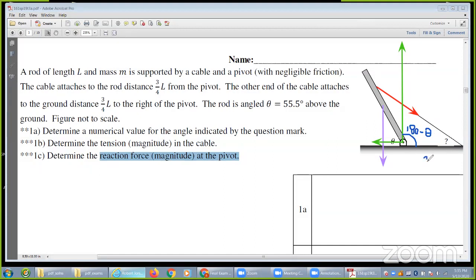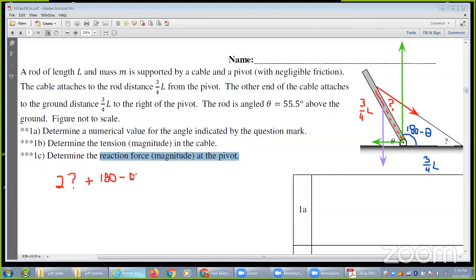And then you might have gotten stumped, but hopefully you caught this. This is 3/4 L, and so is that dotted red line. So that means this angle up here is also question mark because it's an isosceles triangle, right? So now in this case, we know question mark times 2 plus 180